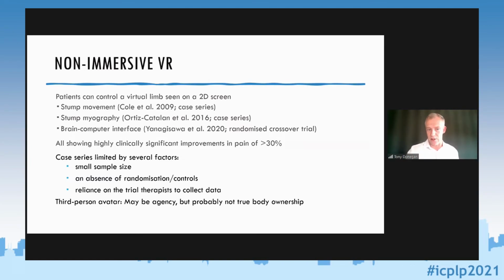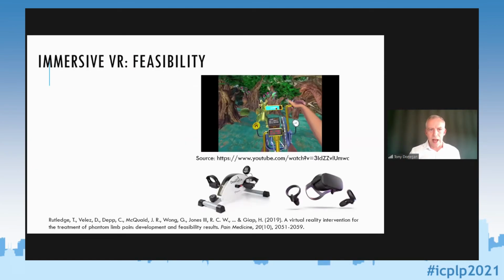looking at the avatar on a 2-dimensional screen as a third person. There may be agency over that movement, but there's probably not true body ownership, I would argue. So to get true body ownership, we need to use immersive VR with a head-mounted display like you see here. And not many studies have done this with phantom limb pain, and really only at a proof of concept exploratory